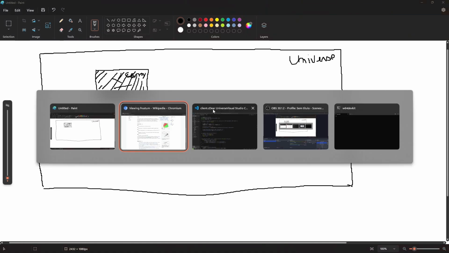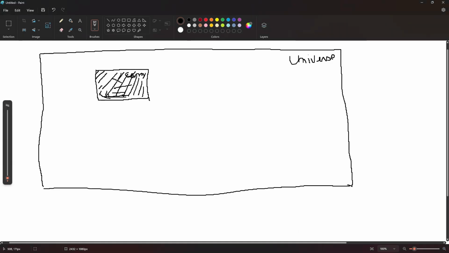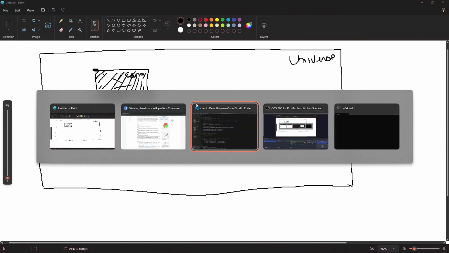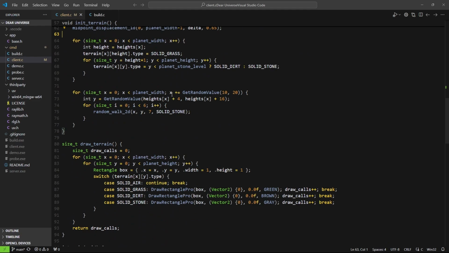So you don't really need this near clipping plane and far clipping plane. You don't need any of these. You don't need projections. You don't need anything. You basically just pick the top leftmost point and the bottom right point, and you can calculate everything you need from there. So to do that,